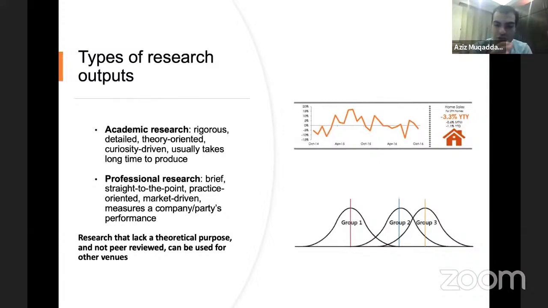Both academic and professional research do that, but academic research follows a rigorous and detailed procedure to producing results. So throughout the course of this class, if you want to become an academic researcher, you learn very specific procedures about sampling. What is a good sample? What is a bad sample? How you approach people, things that are related to data privacy,